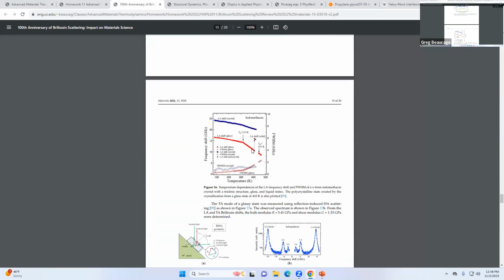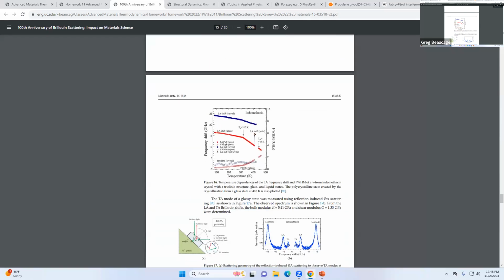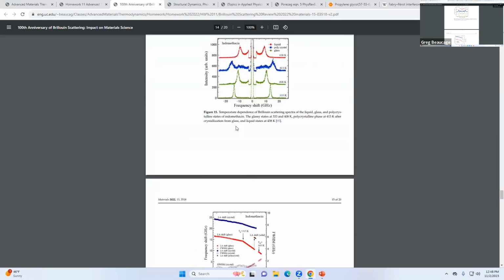And the frequency is going to have to do with the modulus of the material, and the breadth has to do with something else. So it seems like the more perfect it is, the broader the peak becomes. That's true also in